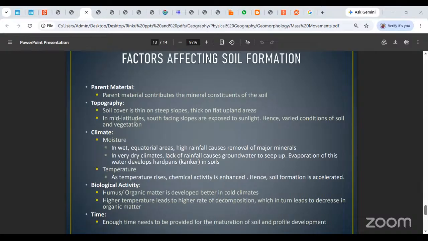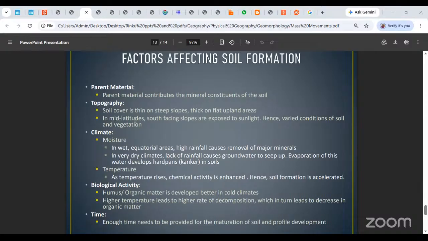Okay. So if you're talking of moisture, if you're talking of wet equatorial areas, who was asking me about leaching yesterday? Who asked me about leaching? You discussed what is leaching. This is what happens in leaching. In wet equatorial areas, there is a heavy rainfall. There, in equatorial areas, it rains every day between 2 and 4, at 3, 4, 5 o'clock. There may be 3 or 4 days in a month where it doesn't rain, but otherwise it rains every day. Every day those cumulonimbus clouds are formed and the rains come down.